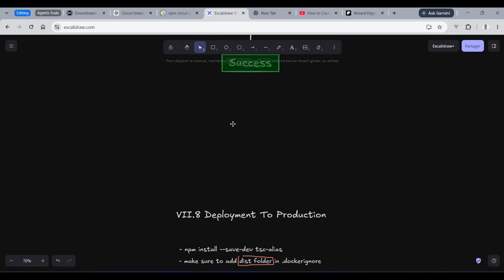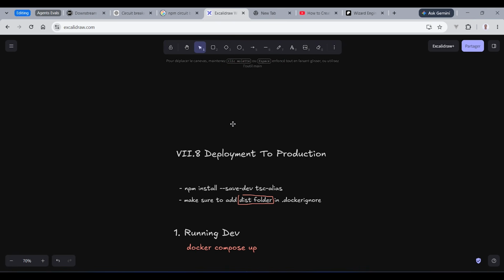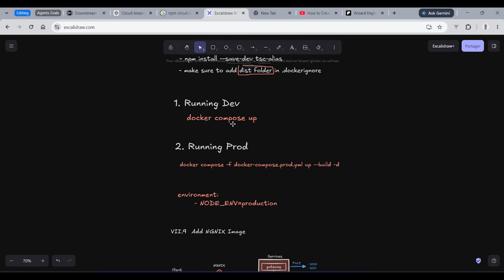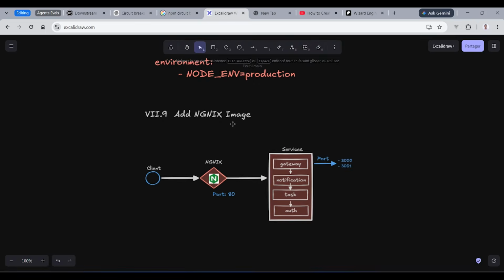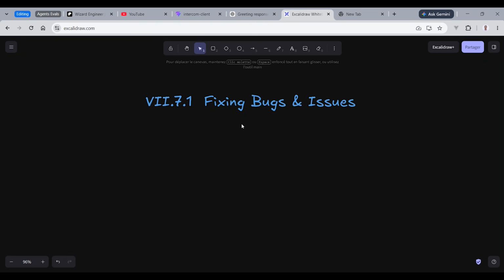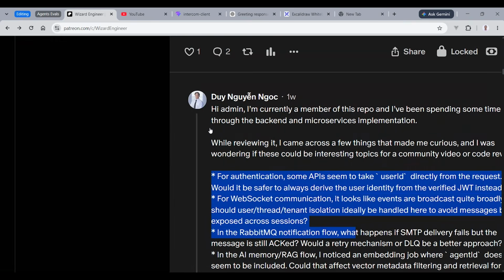Then we're going to move to the last chapter where we're going to prepare our app for production, and we're going to set up a VPS server. Let's get started. Alright guys, before we start with the deployment, we're going to go through some issues discovered by